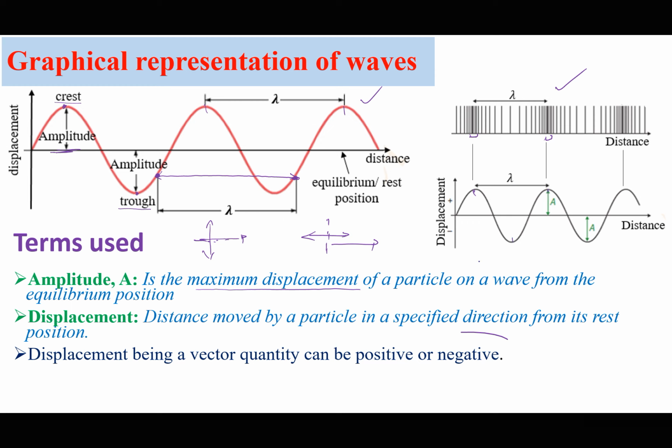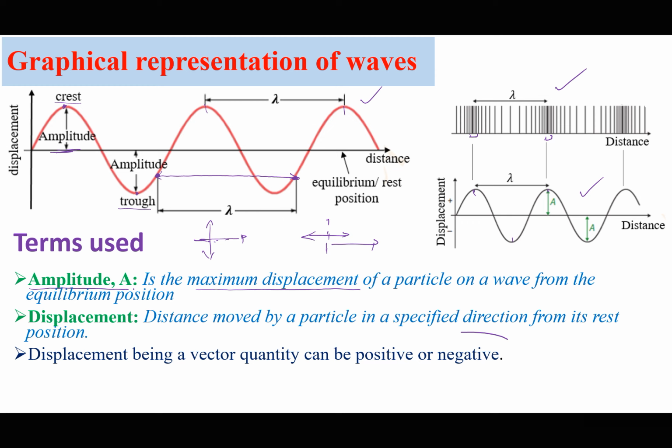So the displacement distance graph for a transverse wave is also equivalent to the displacement distance graph for a longitudinal wave. So we can represent both longitudinal waves and transverse waves using just the same displacement distance graph. But remember, the maximum displacement from equilibrium position is going to be called the amplitude, and the displacement is the distance